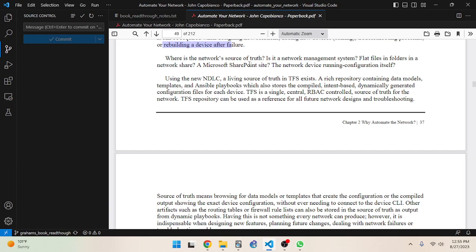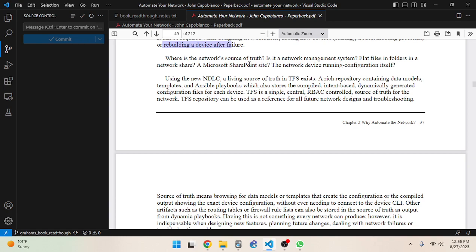Yeah. TFS is a single centralized, I forget what this stands for, RBAC controlled, RBAC, what does that stand for? RBAC controlled, role-based access. So you can decide who has and who does not have the ability to access it and modify the source of truth.